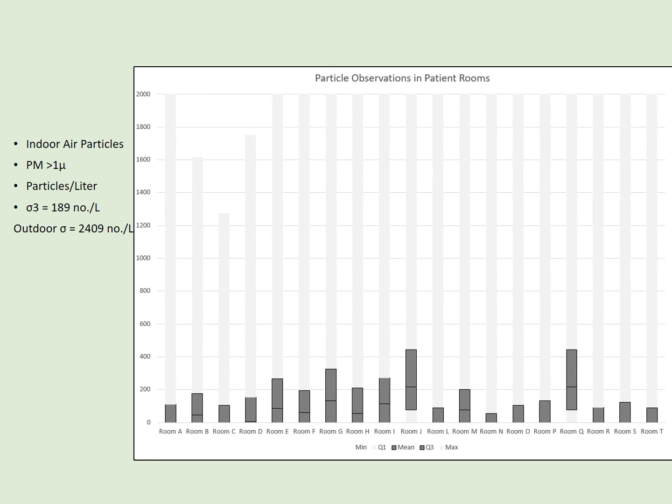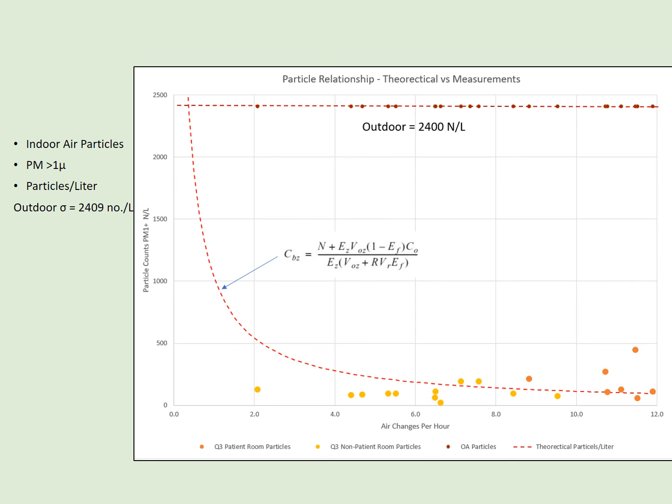This is the particle data for the patient rooms. Similar data. The mean is a little bit higher, but still an order of magnitude less than particle data outside. And then this is, again, that theoretical relationship. We don't know the exact shape of that curve, or how steep it is and how quickly it bends, but we do know that it is always going to be a logarithmic curve